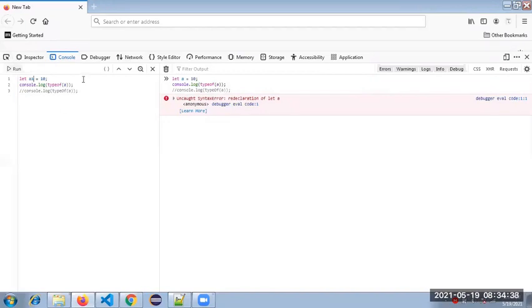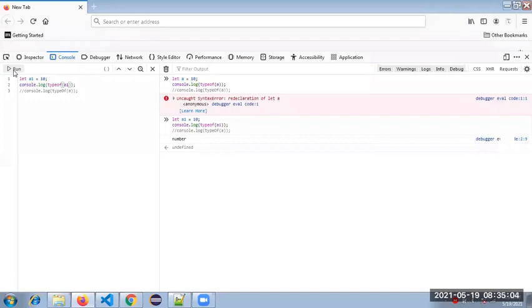So I'm changing the variable name. So what are we getting now? Are you getting what is the data type of it now?